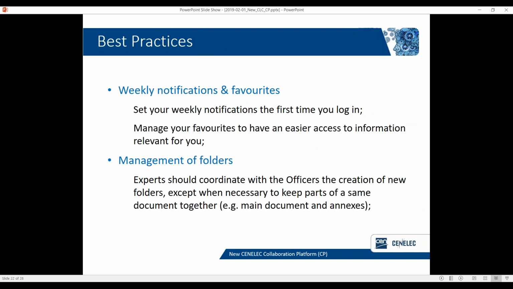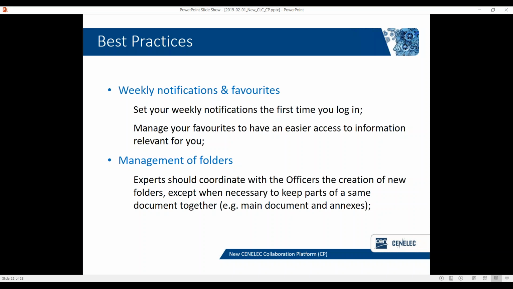So now, because the platform is completely new and the access is freer than it used to be, we've thought of how to make it more comfortable for people who have to manage a platform, especially in really big TCs. So we thought of best practices for everyone. They're not compulsory. This is a living document that can be updated, and that we can adjust to what the needs are. But we've thought of some things before, and I'm sure it will change with the use of the